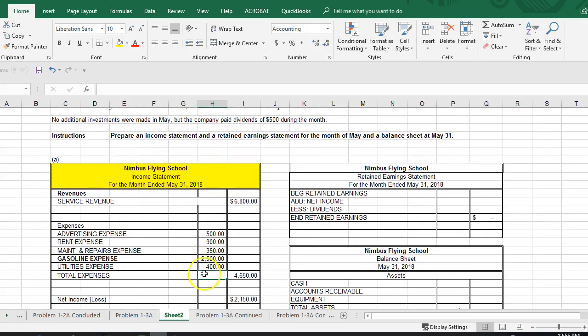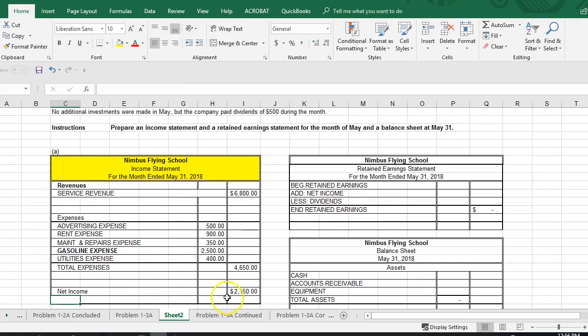$4,650. We next want to determine whether we have what's known as a net income or a profit for the accounting period, or what's known as a net loss. To determine that, subtract total expenses from your total revenue. If this number is positive, which it is in our situation, it means we earn a profit, which is known as net income. So we've earned a net income in the amount of